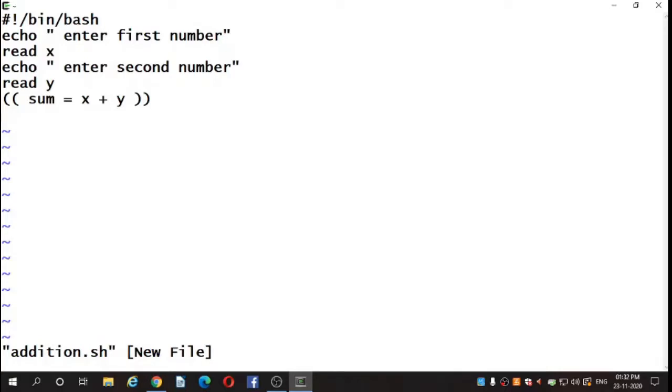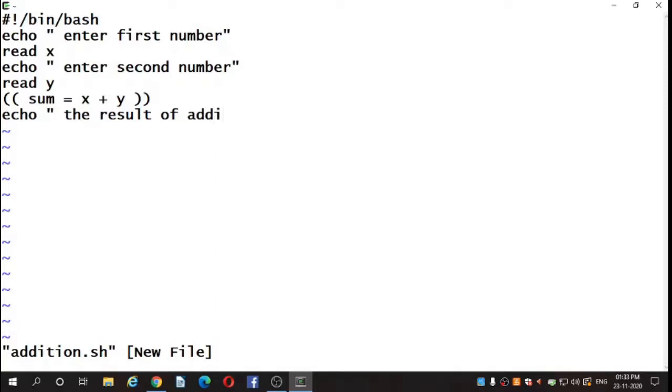Next line we need to print the addition of two numbers, so the result is stored in the sum variable. So echo, in double quotes, the result is, the addition of two numbers.